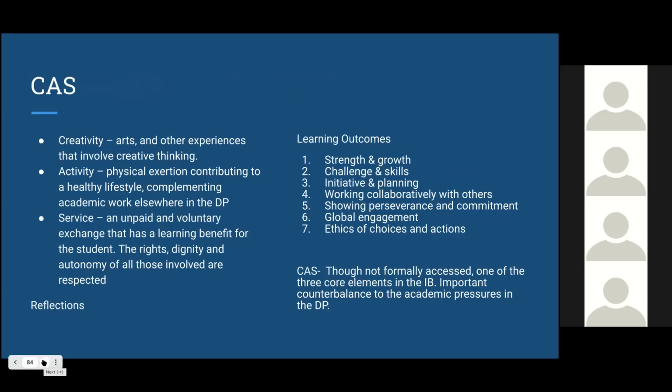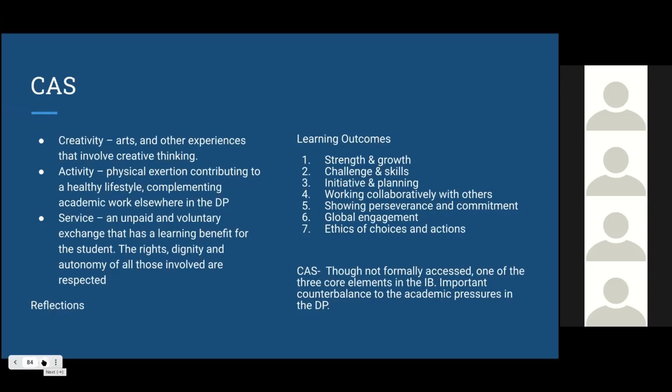And this is the last core, which, although it is not formally assessed, is an important core in your IB also. CAS is creativity, activity, and service. So creativity is the arts and other experiences that involve creative thinking. And activity is physical exertion, contributing to a healthy lifestyle, complementing academic work, also in the DP. And service is an